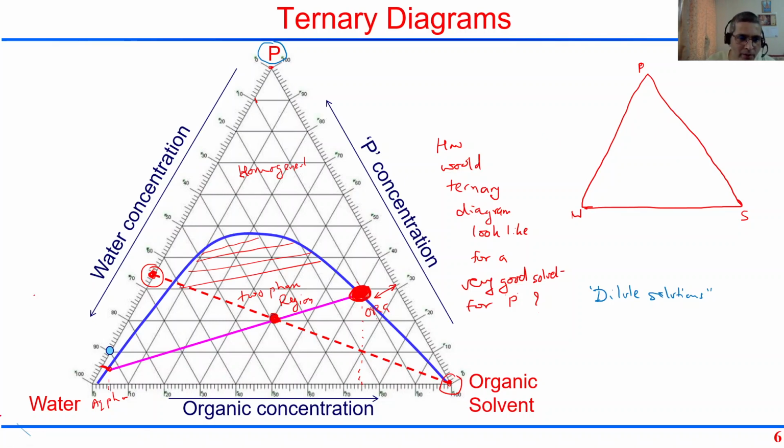Let's take this blue color again. So you want the two-phase region to be practically coinciding with the side here. And then it may even do something like this. That's okay. But as long as you are working in this region,